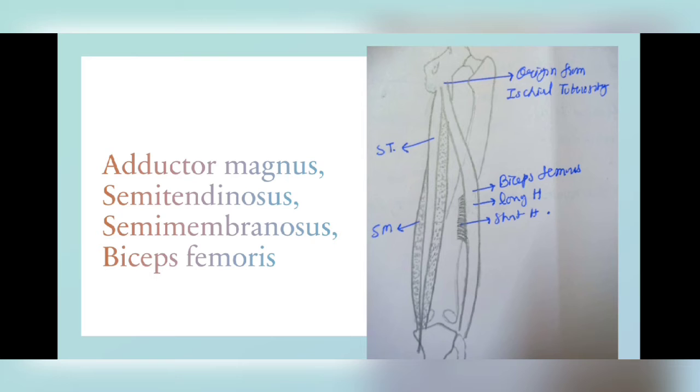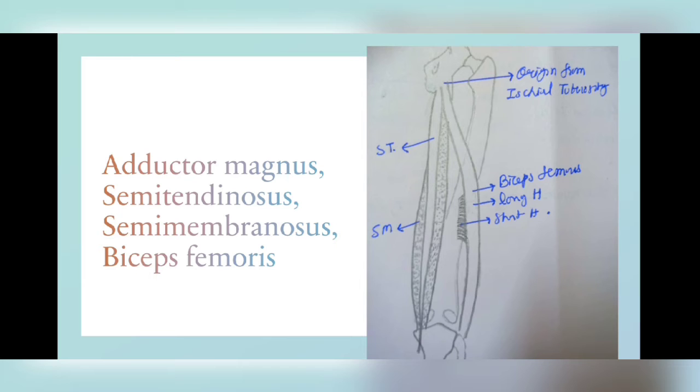Next muscle is semitendinosus. Semitendinosus arises from the ischial tuberosity. Ischial tuberosity is a rigid impression over the hip bone, ischial part. It is a comma-like impression which is divided by a horizontal ridge into upper and lower part. The upper part is further divided obliquely by an oblique ridge into superolateral and inferomedial part, and the lower part by a vertical ridge is divided into outer and inner part.